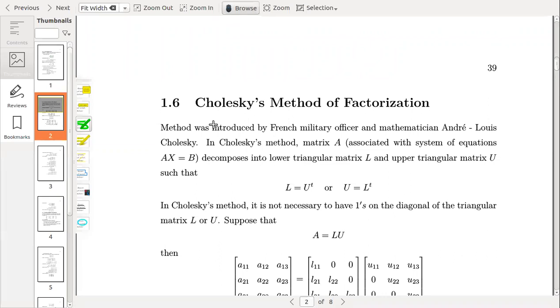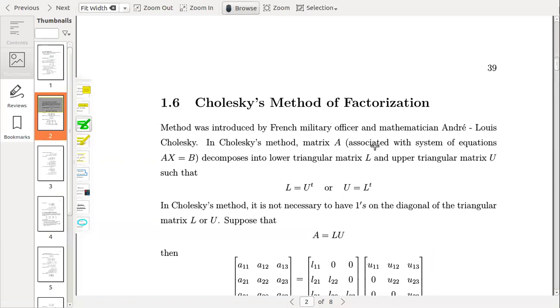For example, in the Gaussian elimination method, you solve many questions and you get the solution, but you have never seen the Gaussian elimination method fail to provide the solution. But in this course, you have studied that if it is not able to provide the solution, you can apply pivoting. And in pivoting, there are 4 strategies: partial pivoting, scaled partial pivoting, full pivoting, and trivial pivoting. So we start with Cholesky's method.